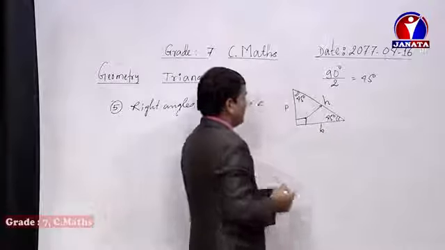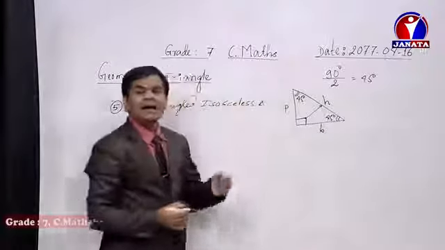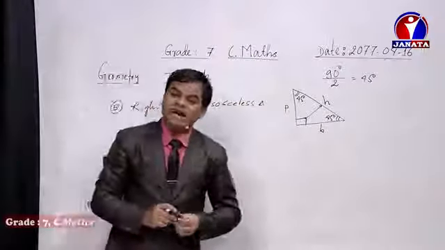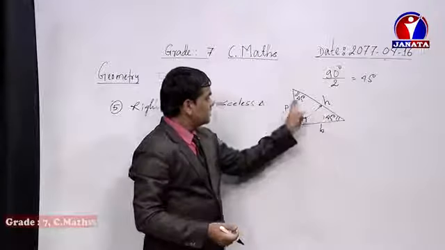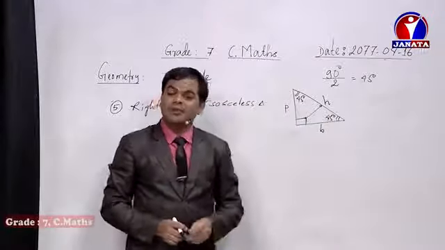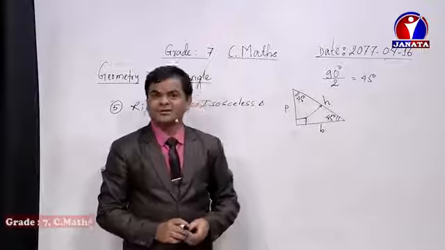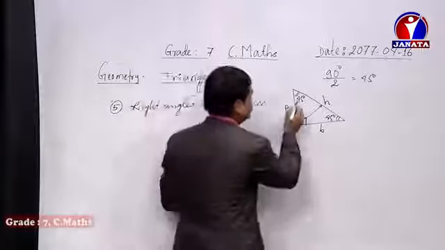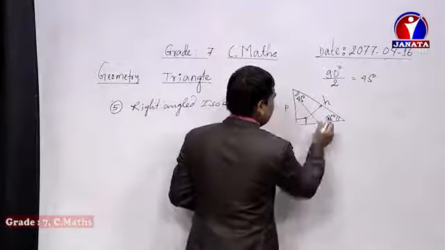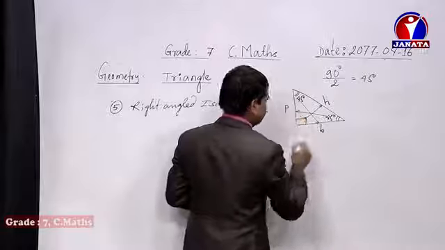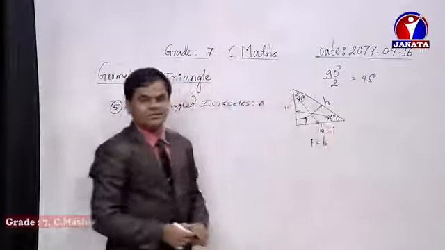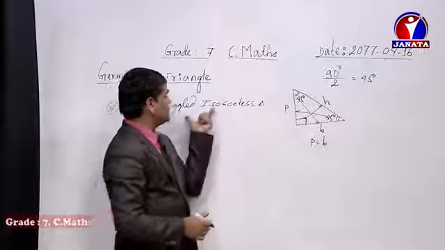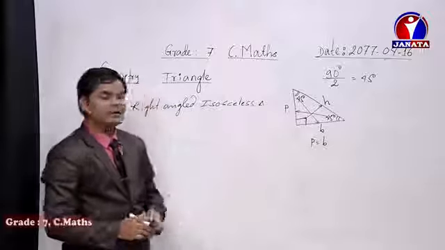And dear student, as this is an isosceles triangle, its 2 sides and 2 angles should be equal to each other. I have already told you, opposite to the equal angles, the sides formed in an isosceles triangle are equal to each other, isn't it? So opposite to this 45 degree and opposite to another 45 degree, the perpendicular and base are equal to each other, dear student. So this type of triangle is known as a right angle isosceles triangle.